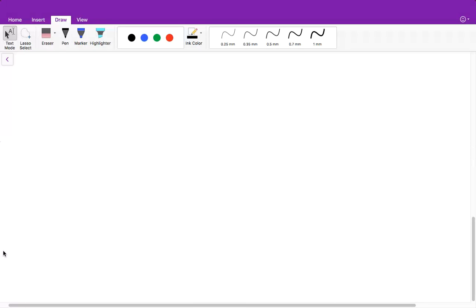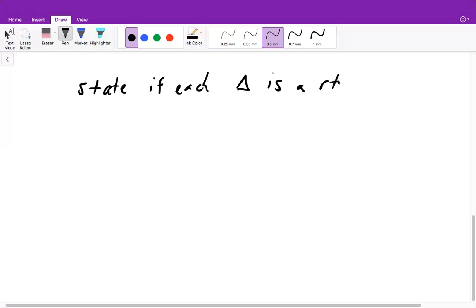All right, so for the next section, it's just saying state if each triangle is a right triangle. Right? So we're just saying, is this a right triangle? So let's go ahead and pick number 11. So for number 11, we have this